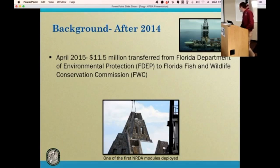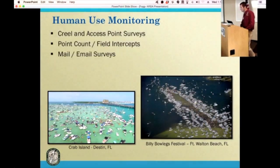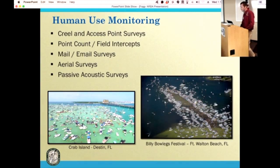And with the construction phase being underway, which is a good thing, we need to look forward to the required human use monitoring portion of this project. To describe human use, we've considered numerous methodologies. A number of these I'm just going to highlight here and go into depth a little bit more in the upcoming slides. First are creel and access point surveys, point count and field intercepts, mail and email surveys, aerial surveys,